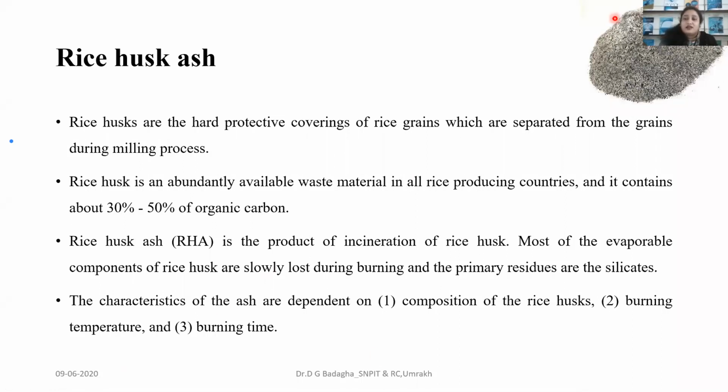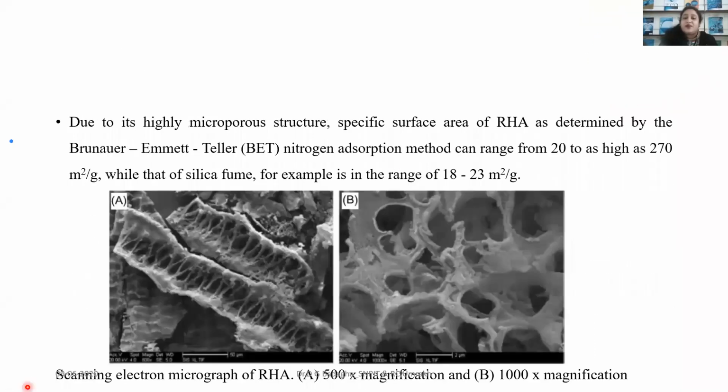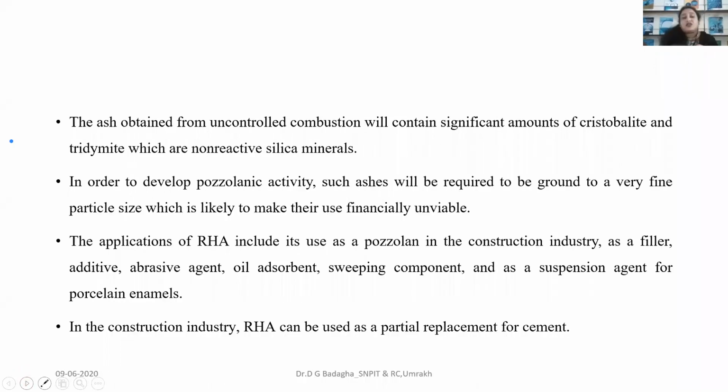You can see the image over here, and in the next slide you can see its SEM. Whenever any material is there, scanning electron microscopy is very important. Okay, we didn't take any picture from Google. Whatever tests and fundamental work we have done, we try to tell you here. From the scanning electron microscope you can understand how that material looks in its original shape.